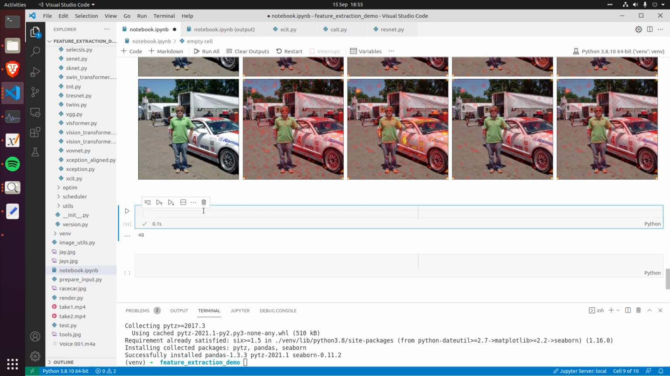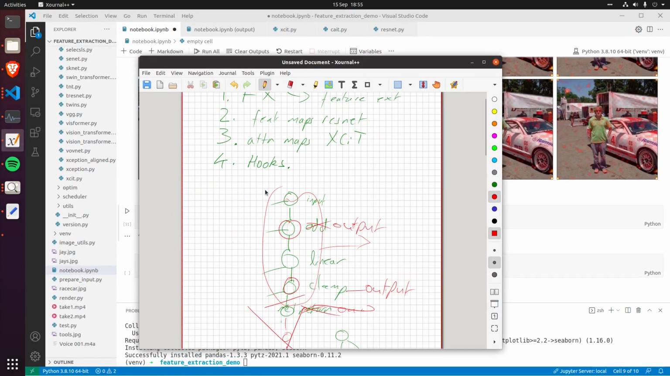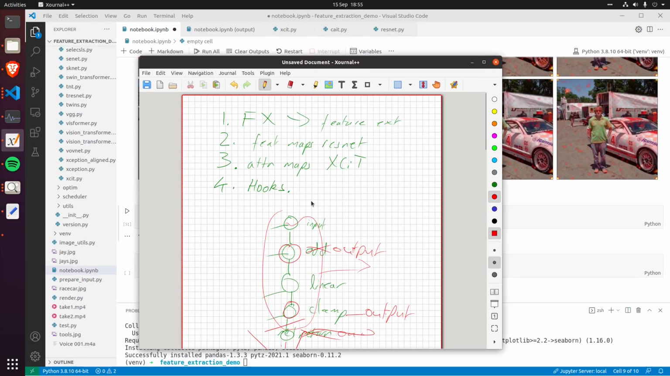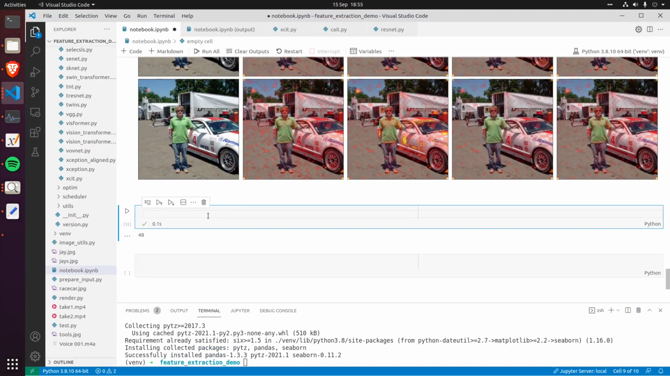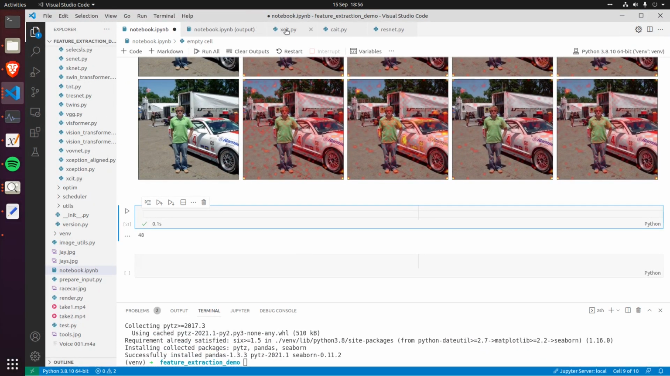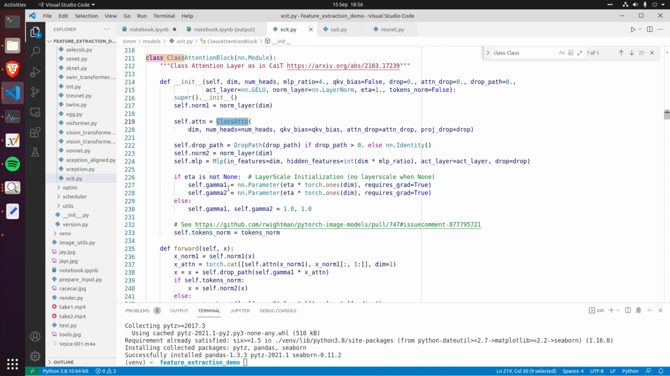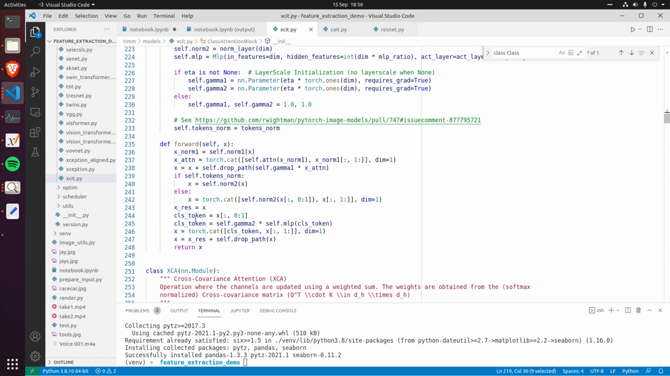Anyway, so last topic before we close this out. You may have been thinking this whole time, if you know about hooks, why don't we just use hooks? I won't explain how to do that because I'm running out of time, and if you know, you know. So some disadvantages of hooks. One is hooks can only be used to grab the output of modules, right? So even in this XCiT example, you couldn't grab the output of,